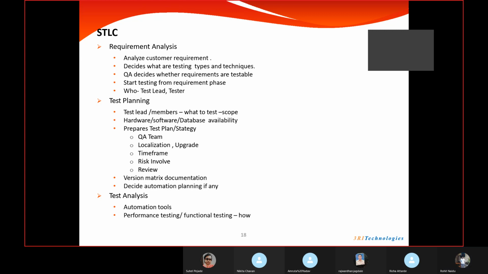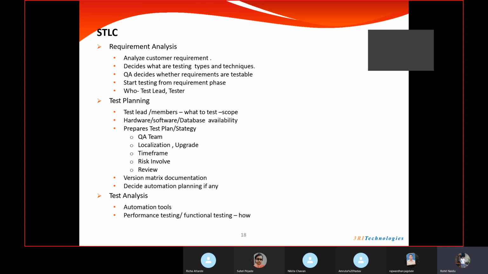Okay. So in the test planning itself, we will decide whether automation is applicable for this application or not. Let's say if there are 20 requirements and we know we want to include automation also, then we will segregate some requirements which are very suitable for automation. We will keep some complex or tedious requirements apart for automation, right? That will also be done in the test planning phase itself.